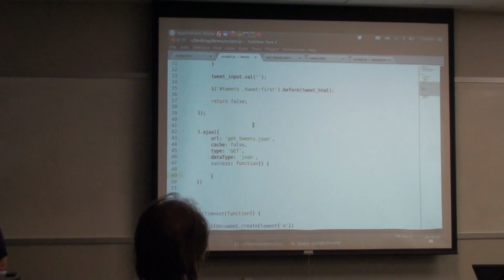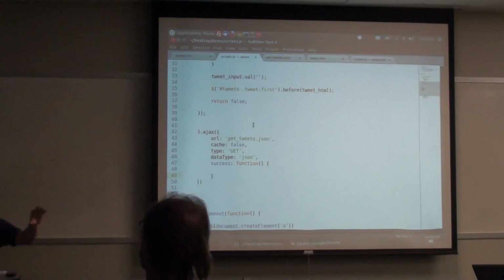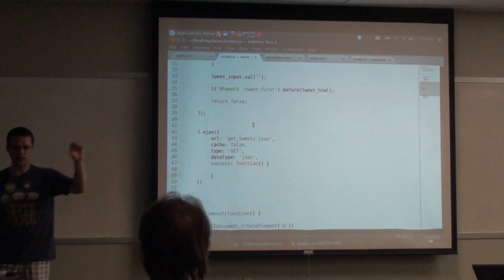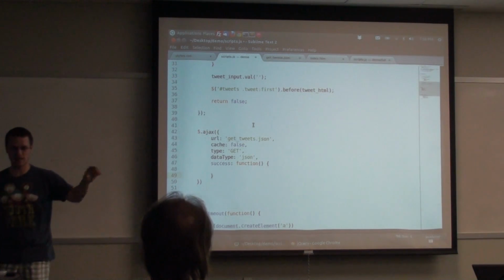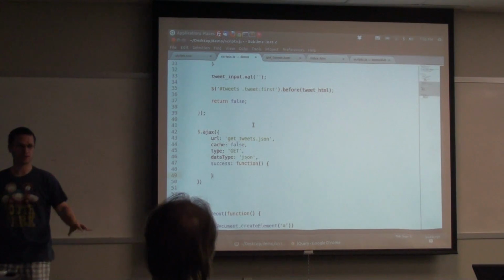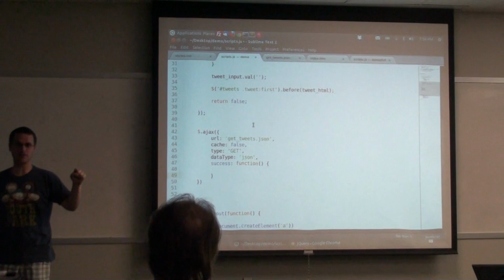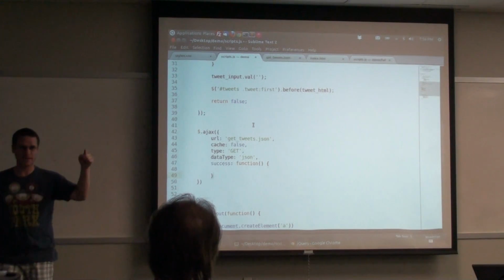It's important to know how Ajax works. When you fire off an Ajax request, let's say you did console.log A, and then you fired off an Ajax request, and in the success, you said console.log B. And then after the Ajax request, you say console.log C. You're going to get A, C, B in the output because the A is going to happen right away, and